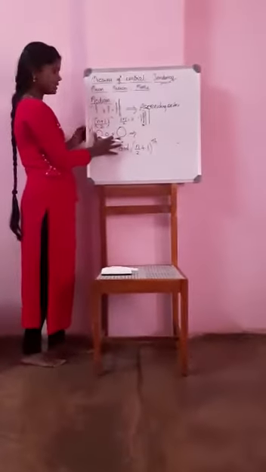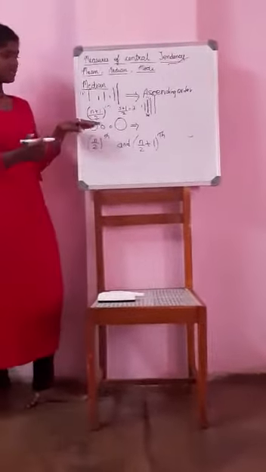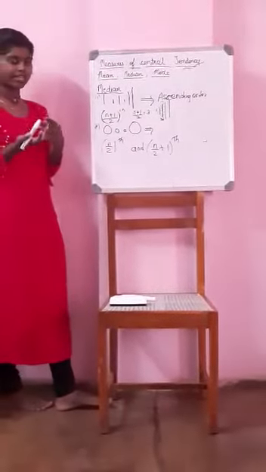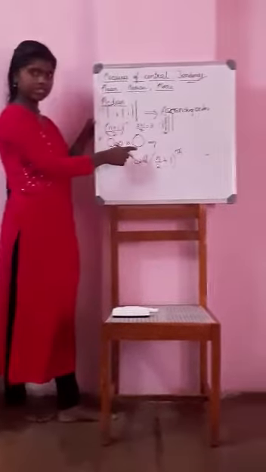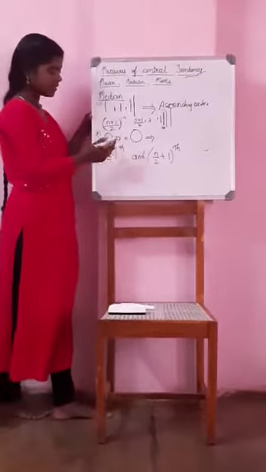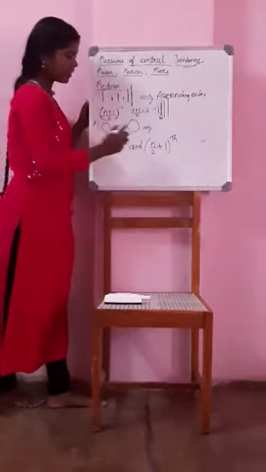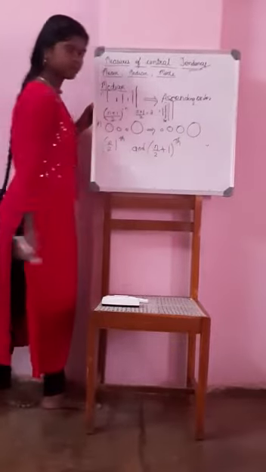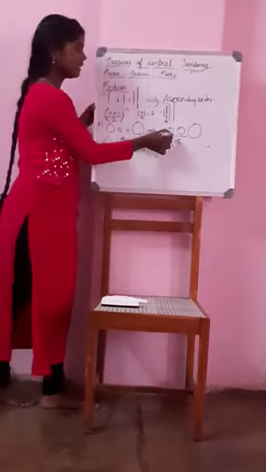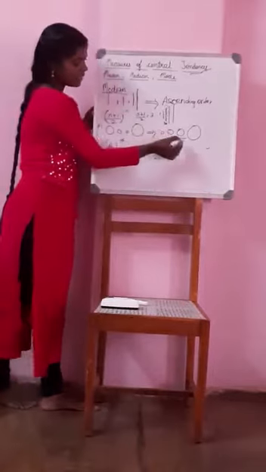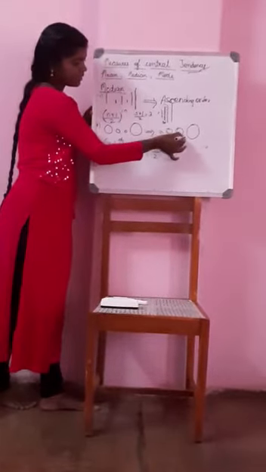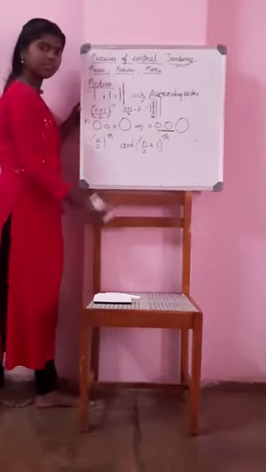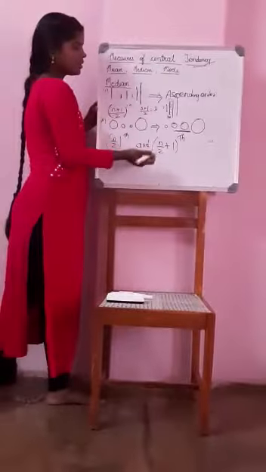Now we'll see for even numbers. If the data is even, or the number of scores is even, I've considered circles of different sizes. So 1, 2, 3, 4. I'm going to arrange them in ascending order. Now I need to find the median for this. Now when you see, immediately you can tell that these two fall in the middle of the group.